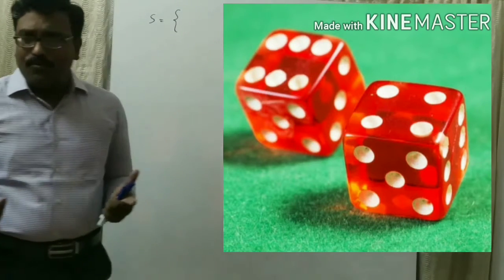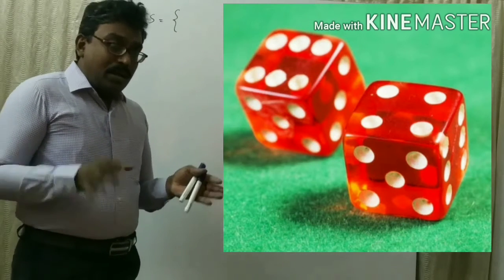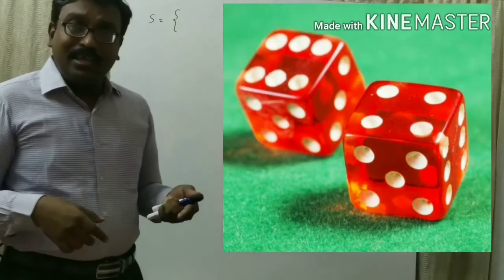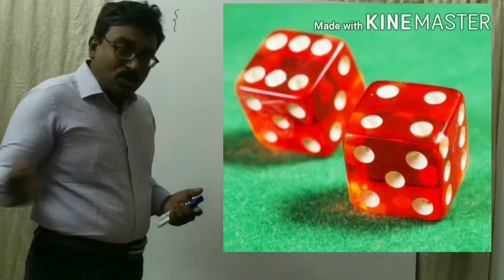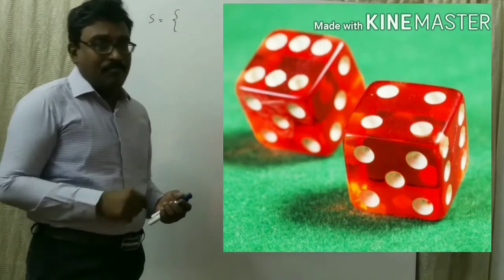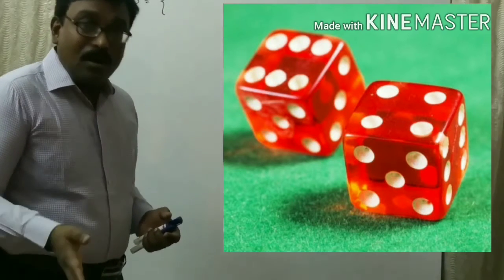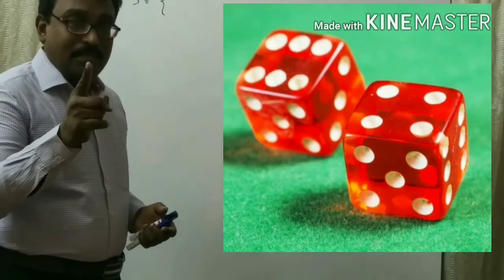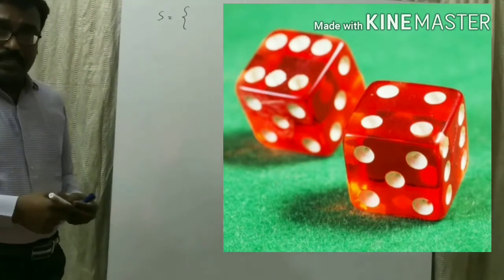Maybe 1, 2, 3, 4, 5, 6. If I roll a second die, if the first die is 1, the second die may be 5, or 2, or 6, or 1. Is it possible? A die rolled twice, or 2 dice rolled simultaneously, both are the same. Now, what are the sample spaces you will get?